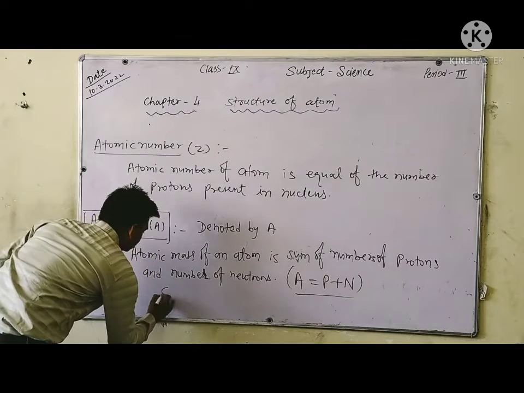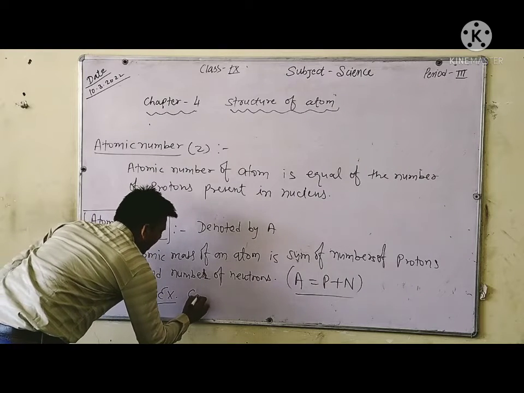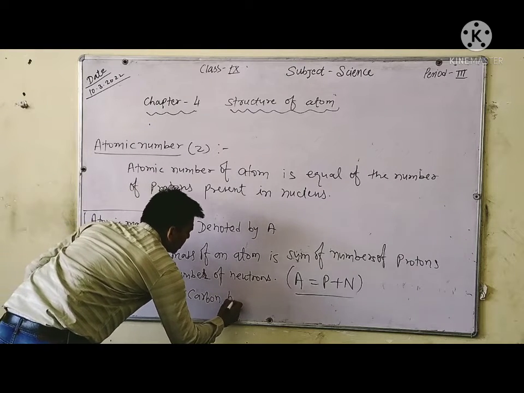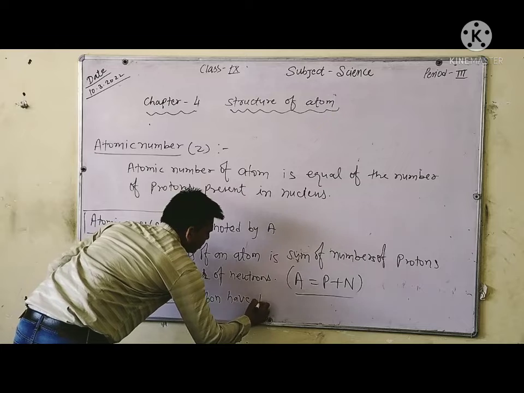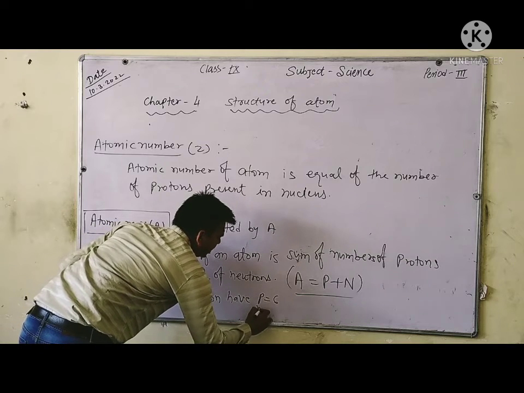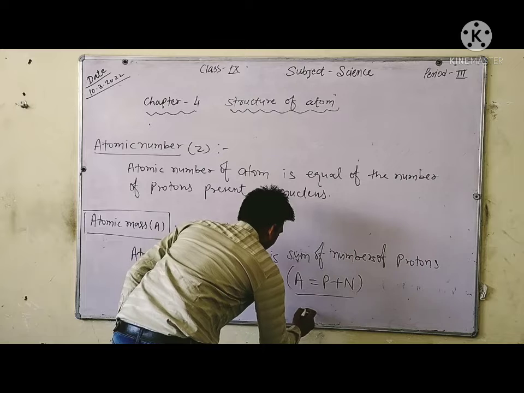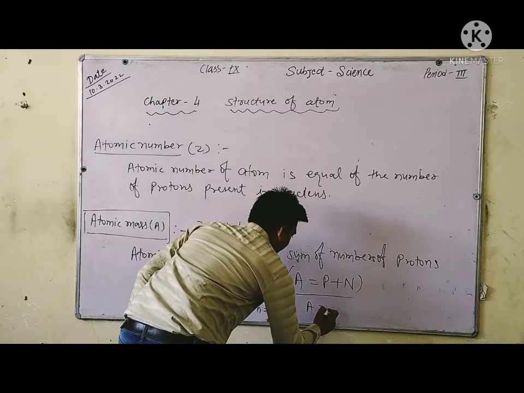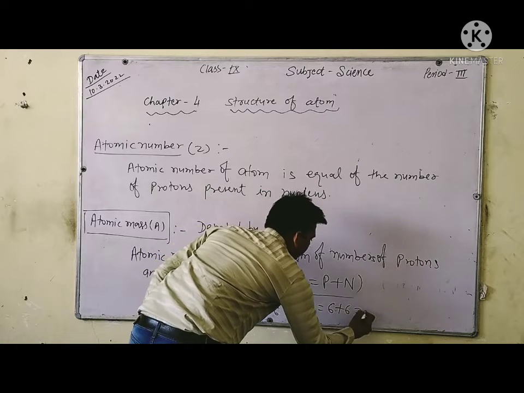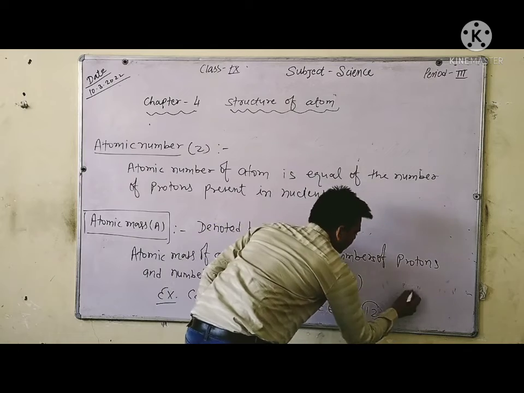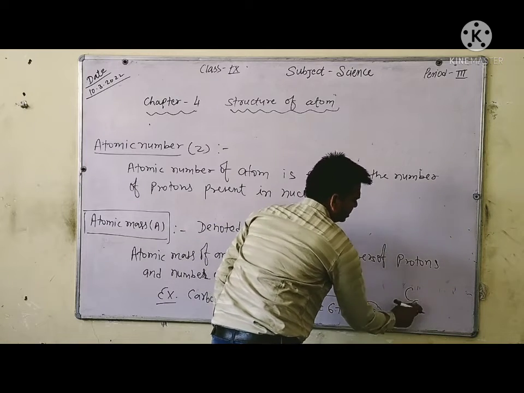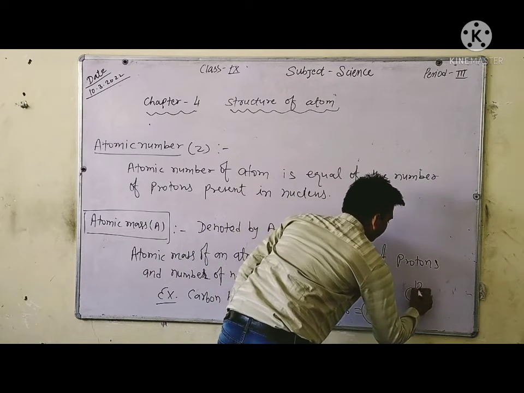Suppose example, carbon has proton 6 and neutron 6. Now we calculate A of carbon. Proton 6 plus 6 बराबर 12. कार्बन एटॉमिक नंबर 6 है और मास नंबर या एटॉमिक मास